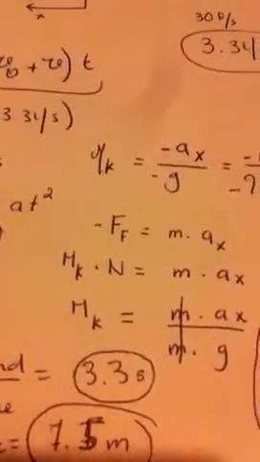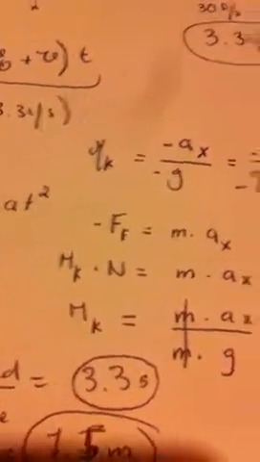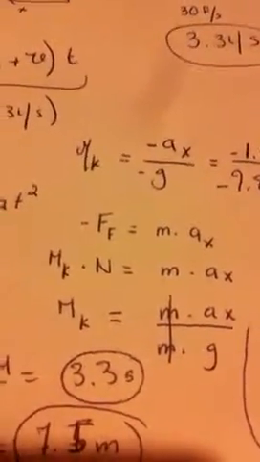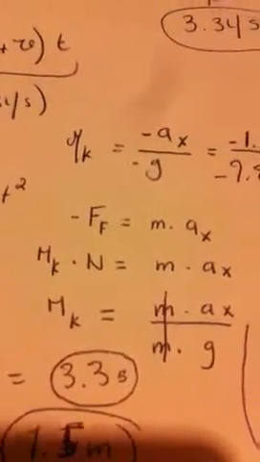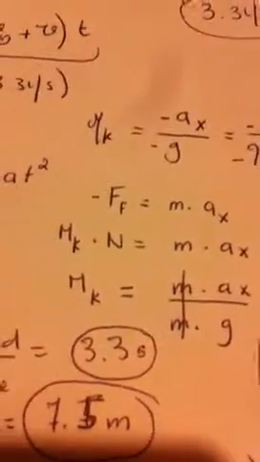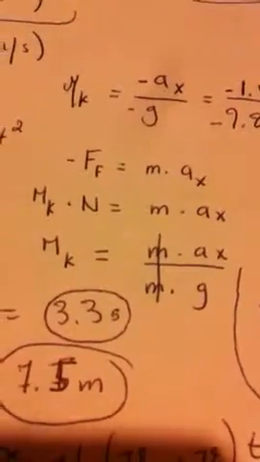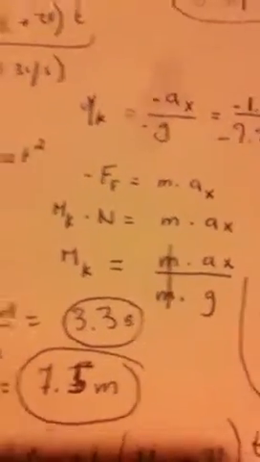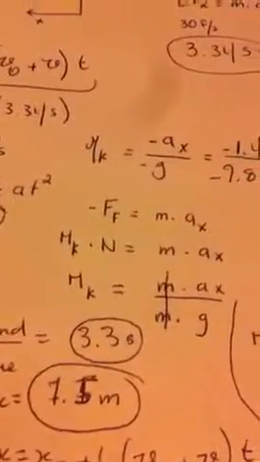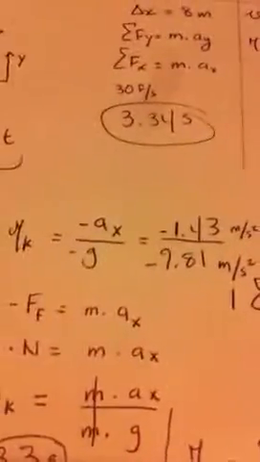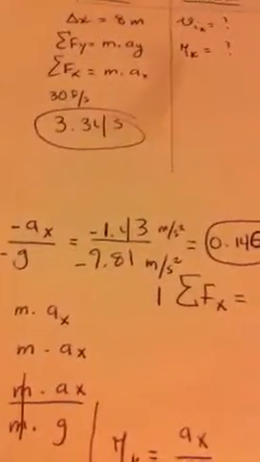We can substitute mu sub k times the normal force for the force of friction, which is going to equal mass times acceleration again. We can also substitute mass times gravity for the normal force, in which case we can state that mu sub k equals acceleration in the x coordinate divided by the gravitational field constant of negative 9.81. Basically, from here we go back up, and when we crunch the numbers, we get that the coefficient of friction for the car is going to be